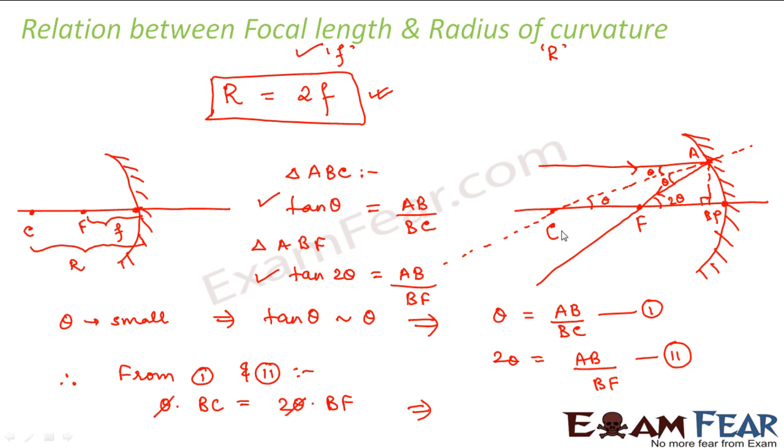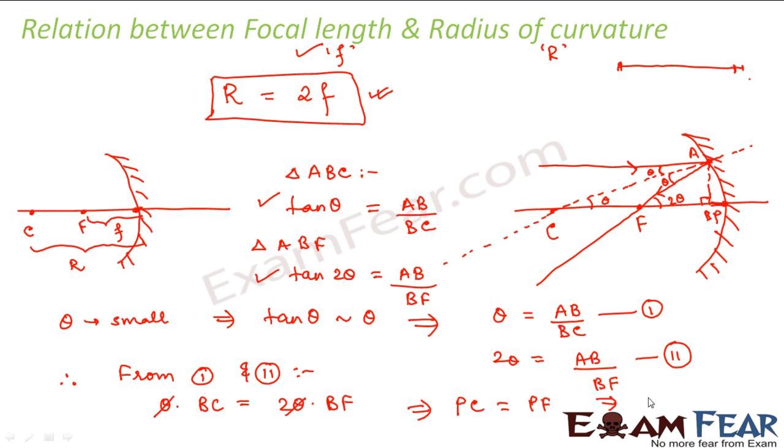What is BC? If you look at it, this length PB is extremely small when compared to the distance BC or BF. So if BP is very small, we can say that BC is nothing but PC, since it is very small. Let us suppose you have a length like this, and you add a very small length; this length is almost equal to the original because the difference is negligible. So you can write BC as PC. Similarly, you can write BF as PF.